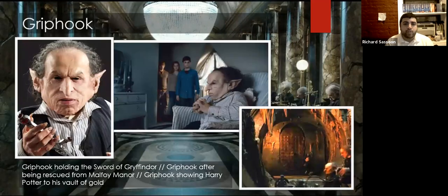And the goblin that we see the most of as a person is Griphook. Griphook first shows up in the Sorcerer's Stone, in the UK, the Philosopher's Stone, when he guides Harry to his vault 682 at Gringotts Bank, and he further guides Hagrid to vault 713, which is the vault which has the Sorcerer's Stone in it. We don't see him again until the 7th book, where he is captured by Death Eaters and imprisoned in Malfoy Manor. He's then rescued by Harry Potter and his entourage, and escapes with them to Bill Weasley's house, where he decides to go with them